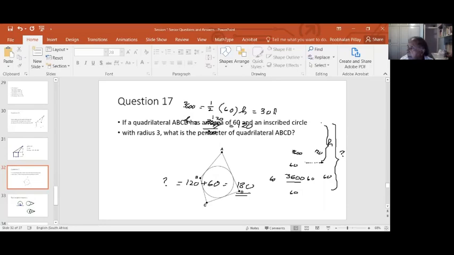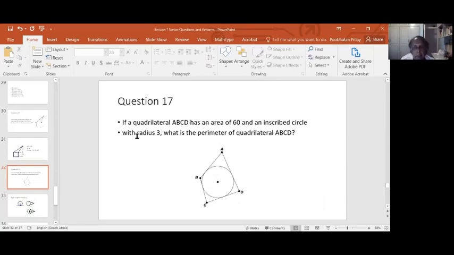What is problem 17? Problem 17 says you got a quadrilateral ABCD. Its area is 60. So you're given the area of this entire quadrilateral. I'm not going to write it down, but we know this full area is 60. And you have an inscribed circle, a circle inside it of radius 3. So we know its radius is 3. And the question is, what is the perimeter of this quadrilateral? So you know the area, you know the radius of this circle, and what is the